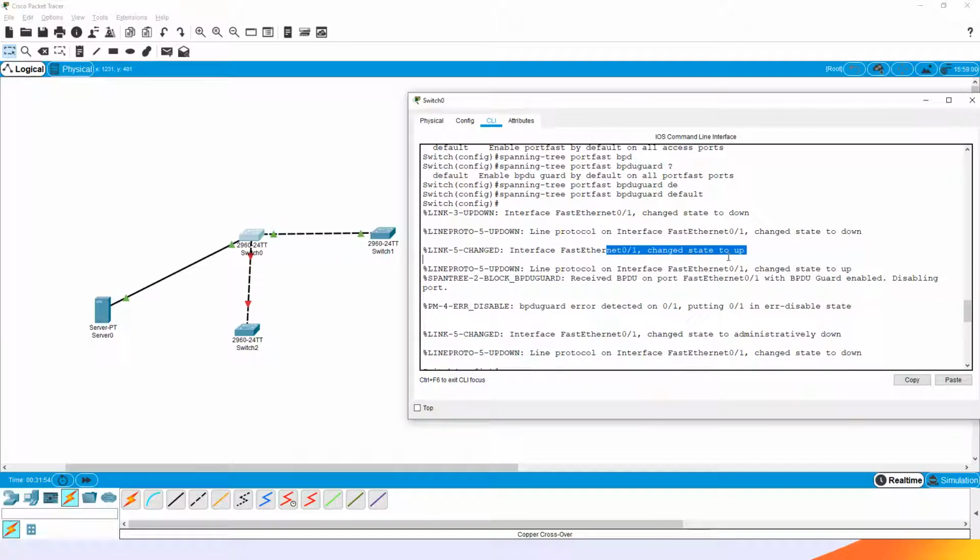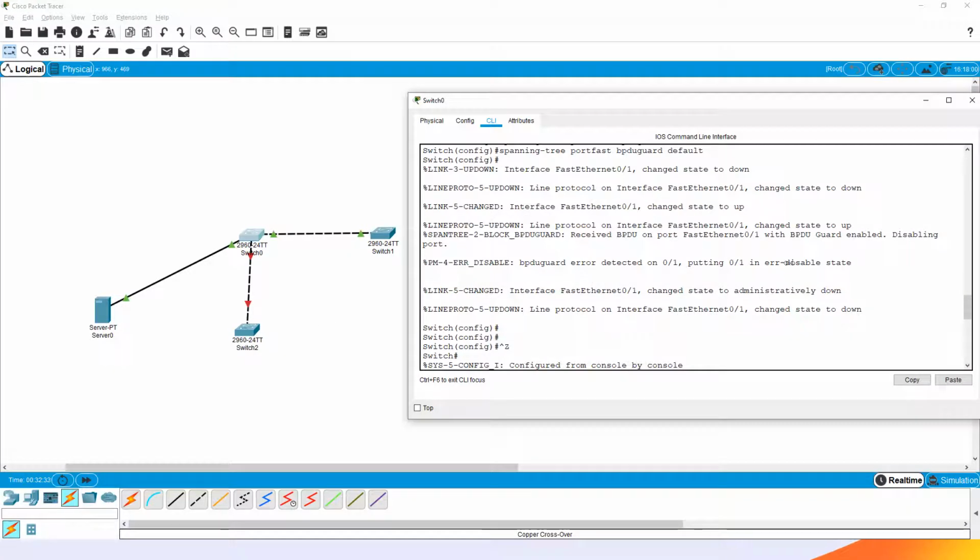For example, the port is up when we connect it to the switch, but as soon as it does, because we have enabled the BPDU guard and the port fast, and we use the default command, make sure wherever you enable the BPDU guard and somebody accidentally puts a switch on that port, it will be completely disabled. Now you see the port is in err-disable.